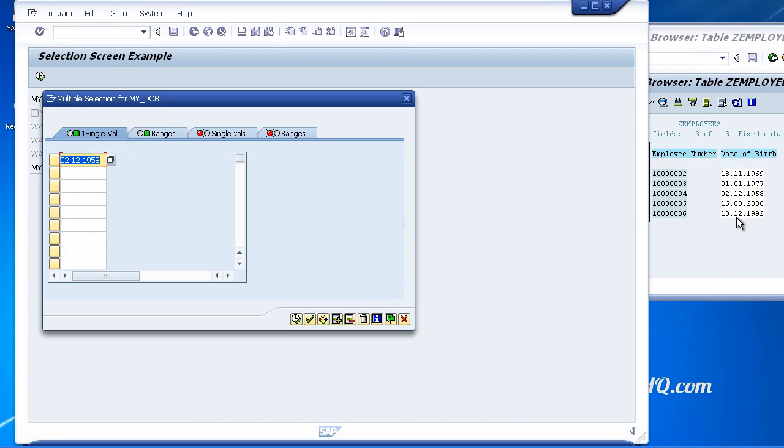I will also choose the 13th of December. And then let's exclude, what dates have we got? 58 to 92. Let's exclude